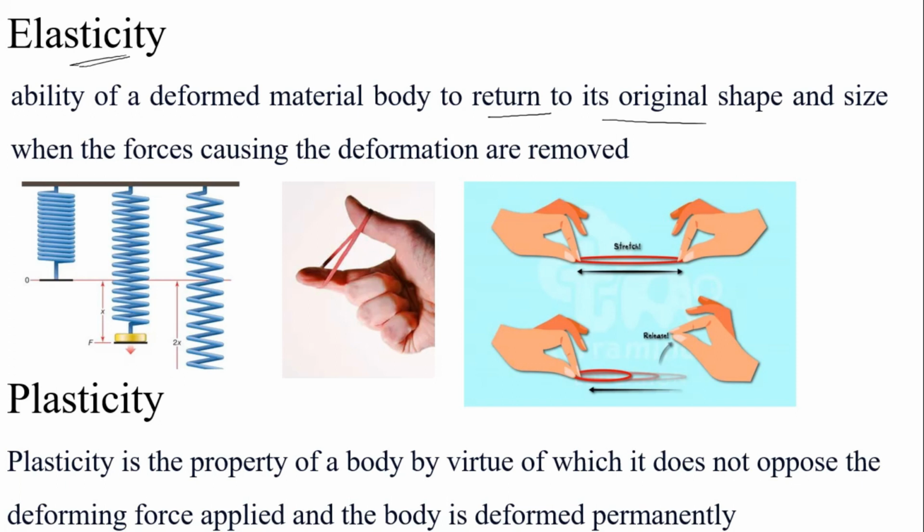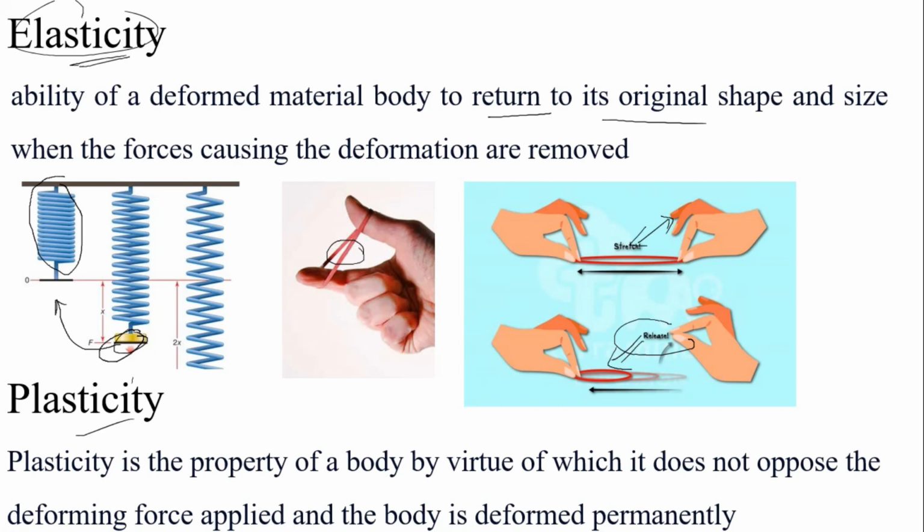Say for example, this is the initial shape and size of the spring. Now we are adding the weight. Due to this weight, the material is subjected to deformation, right? Then after removing this weight, automatically the material comes to its original position. That is called elasticity, right? The best example for elasticity is a rubber band. If we apply a tensile force, or pulling force, at the two sides, then it elongates. Then after removing the force, automatically it comes to its original position. That is called elasticity, right?